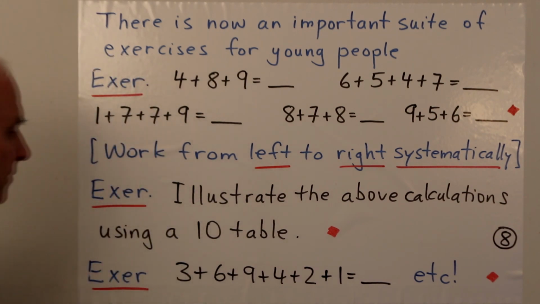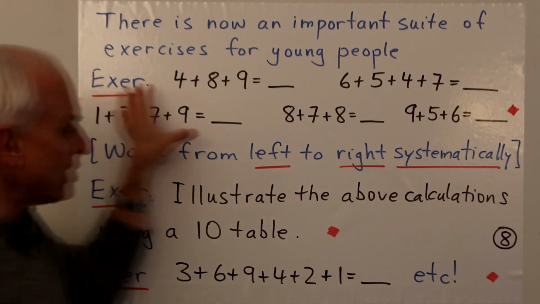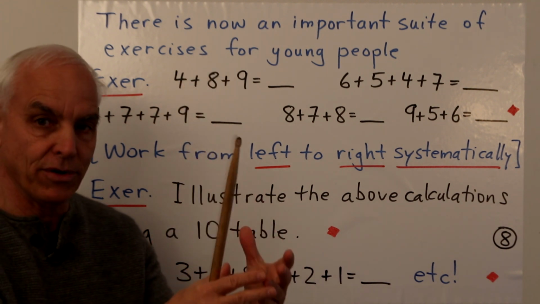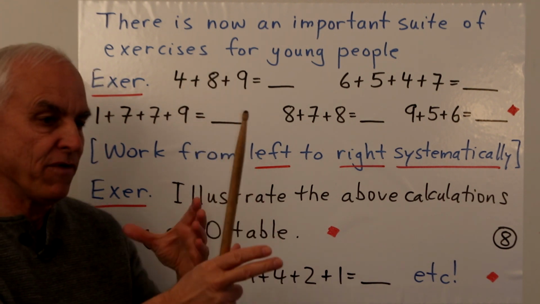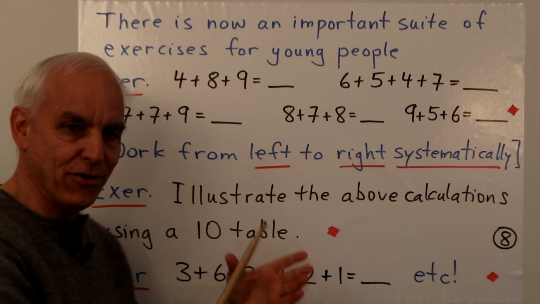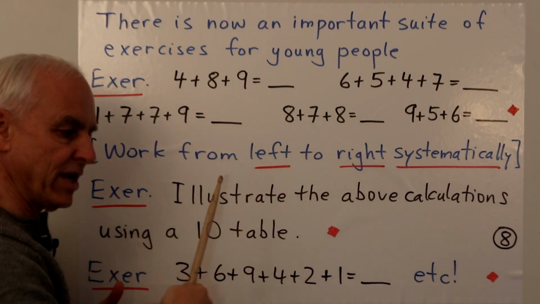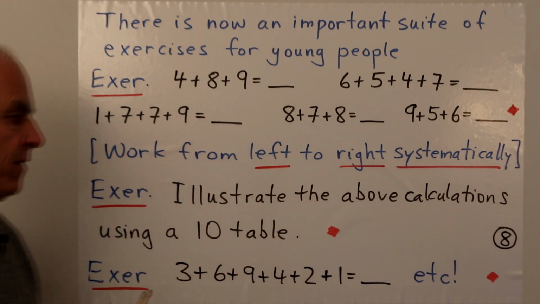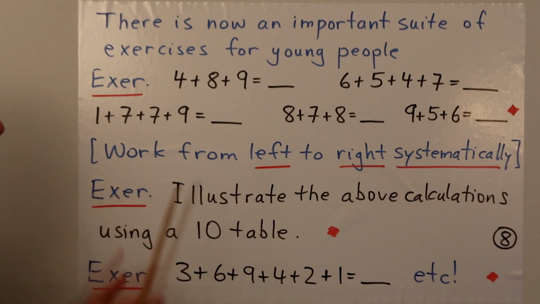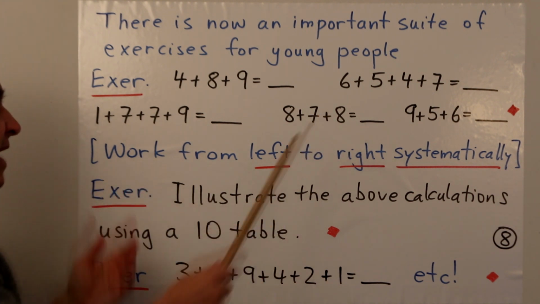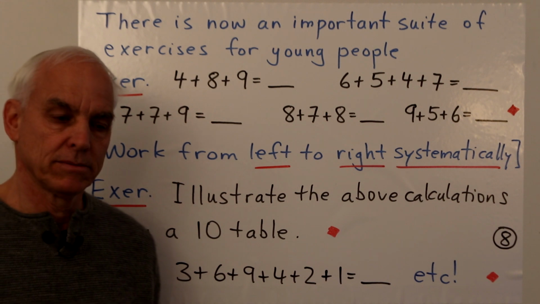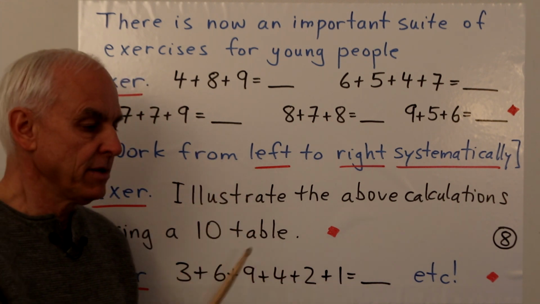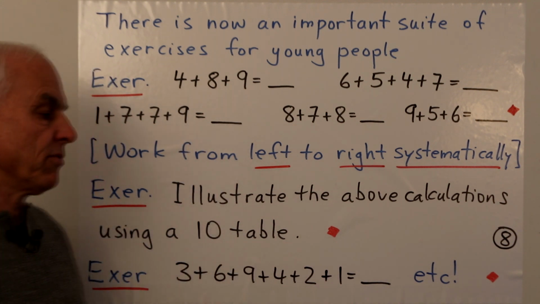Okay. Now, of course, associated with any one of these mental calculations is a possible geometrical picture, a representation of slotting these row rectangles together to form this increasing pattern of boxes, 10, 10, 10, and then whatever you have. Okay, so as a corresponding exercise, illustrate the above calculations using a 10 table. For that, we need a piece of graph paper, suitably enlarged a little bit to allow people to write inside.